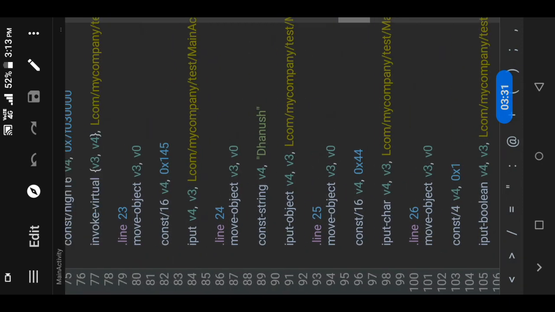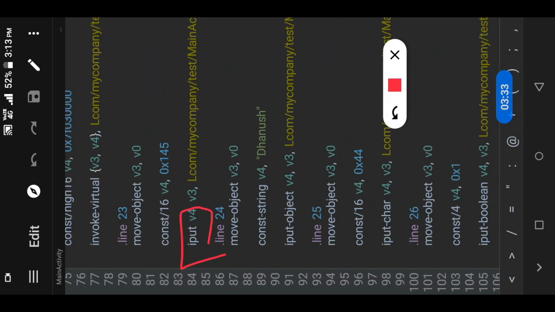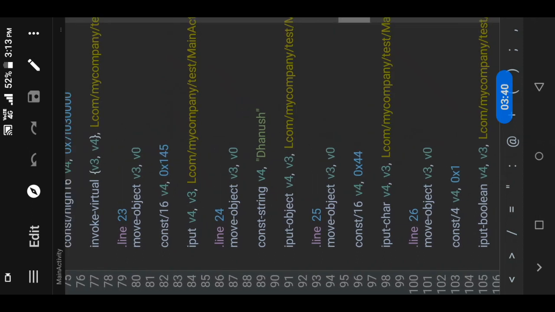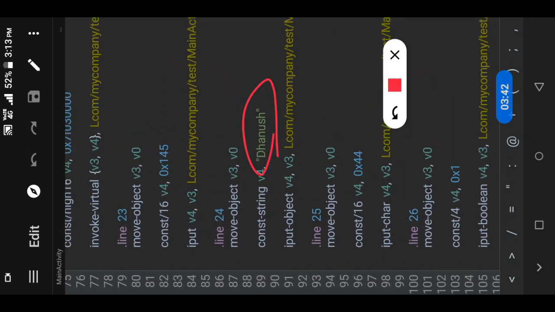In this way it is all the same for input. You can see here for integer it is just input. So you should just analyze which one is for which type. But for a string variable, to assign the value, it is input object. Why is it input object? Because, as you know, a string is an object.